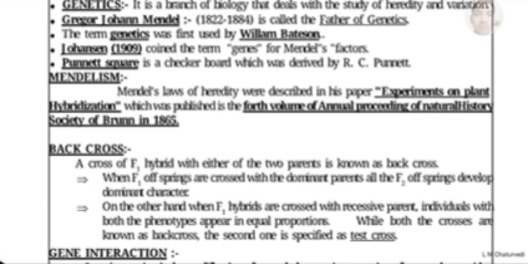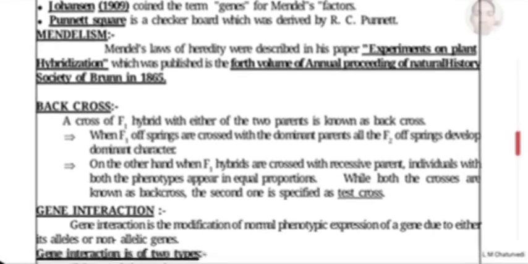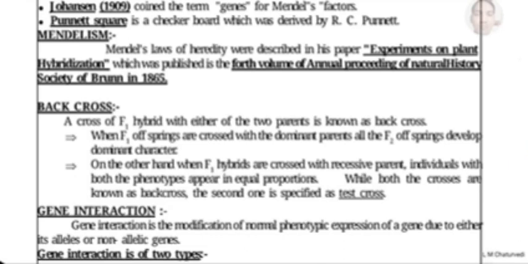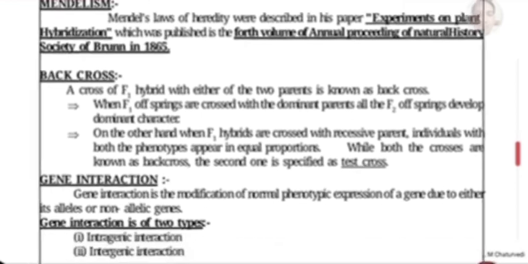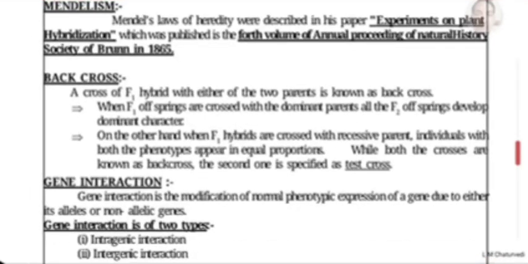So some definitions are remaining. I'm recalling these definitions regarding this chapter. We have learned in previous classes monohybrid cross, dihybrid cross, and we also discussed the different kinds of genotype and phenotype. We also concluded Mendel's law. Some topics are remaining: these are back cross and test cross. I'm explaining this topic in this chapter.